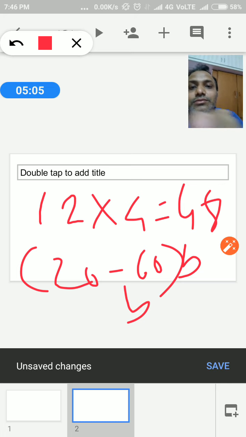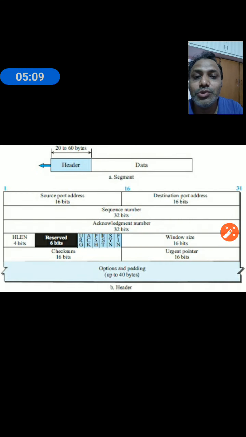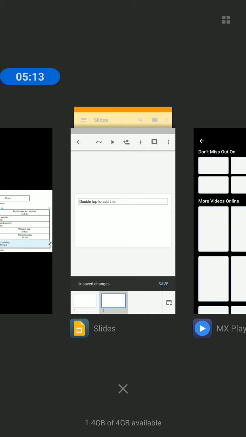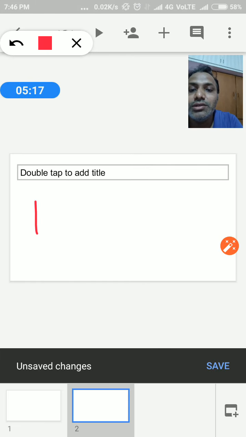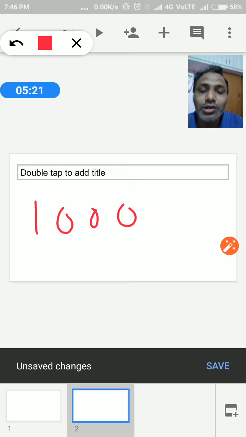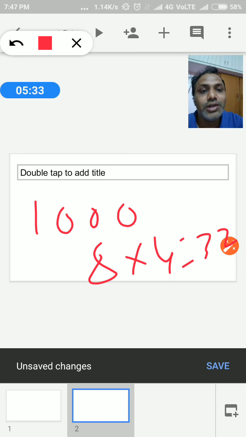Okay, so find out. Suppose in the header length we consider the size taken in that way. Suppose I take the size as 1000. We have to take the header length as 1000, so it is 1248. So 8 into 4 is nothing but 32 bits. So it is valid, and we can send the data with the header to the destination side.